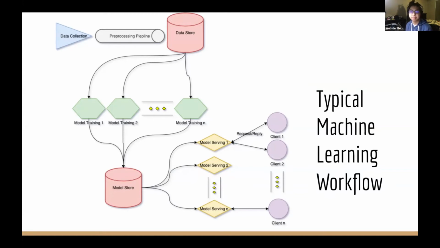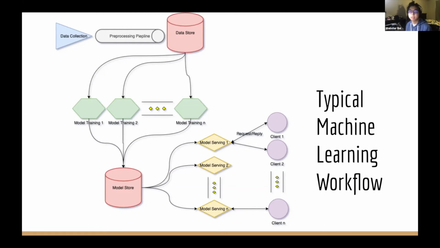And after that, what you do is you build a machine learning model, and you can typically concurrently train multiple models, and you will have to train multiple models using the same data source coming from the same centralized data storage. And after that, you will usually serialize the model by storing the parameters of the model that you just trained into another centralized storage. And after that, to use your actual model,